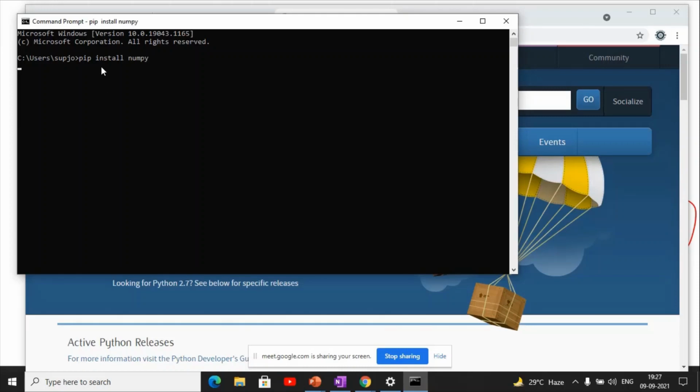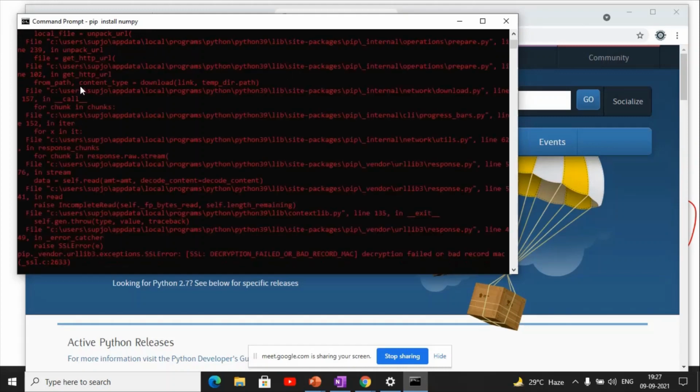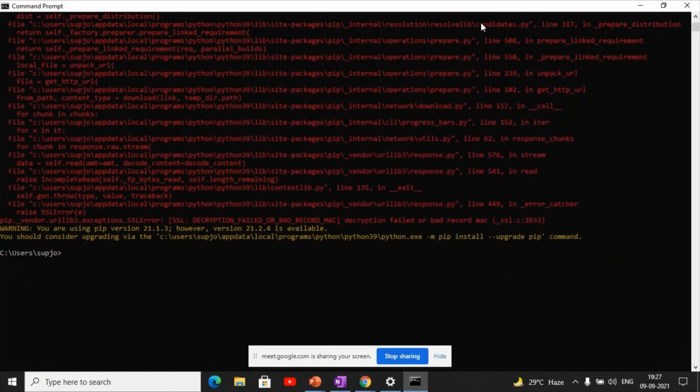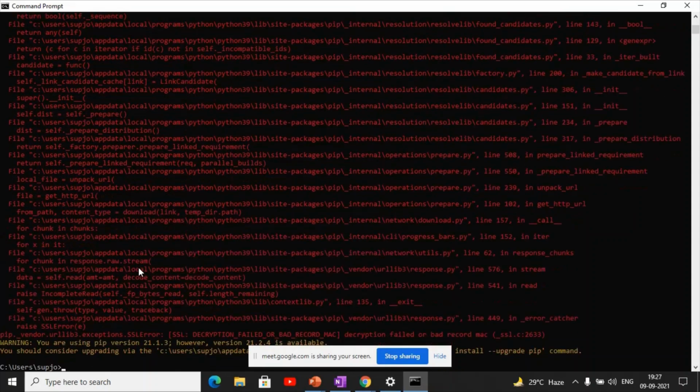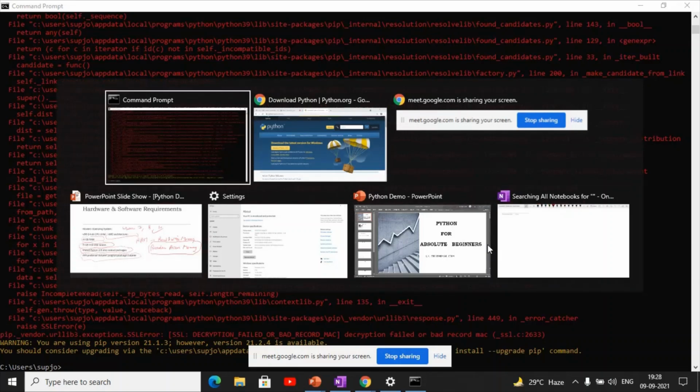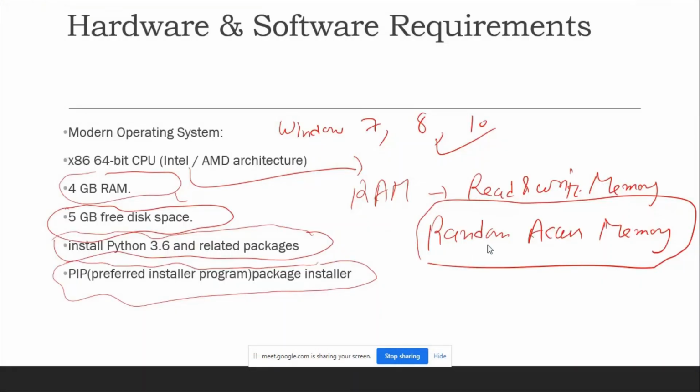When I run pip, it will start downloading the files. So now you understand the use of the pip command. You just type pip install and the package that you want to install, like pandas, and it will start to download that particular package. So this is the hardware and software requirements.